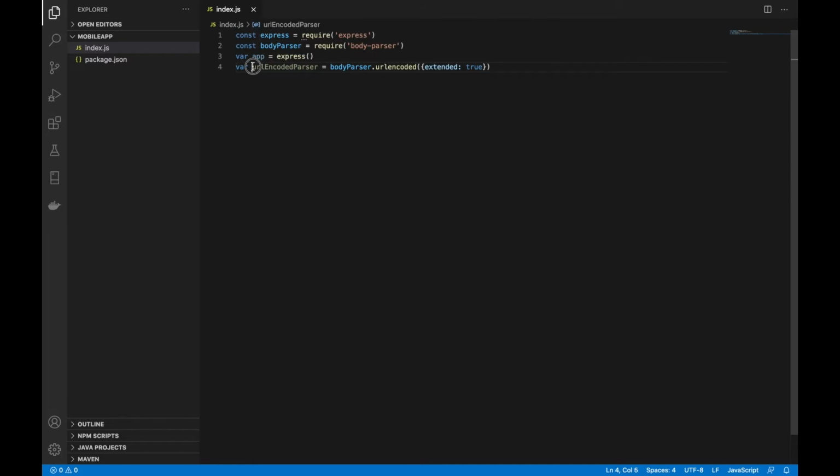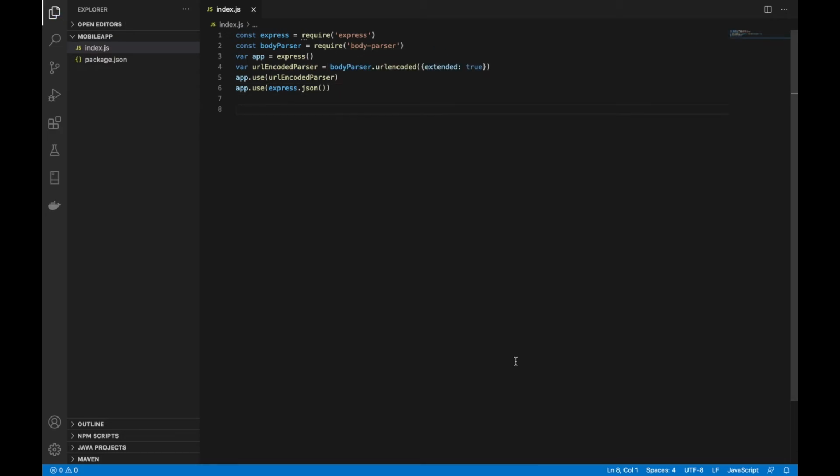So we are using here URL encoded parser, which is bodyParser.urlencoded extended. We are setting extended to true. So what it is doing is basically it is going to parse the encoded data for us, and we are asking the app to use this URL encoded parser, and we are going to ask the app to use the JSON as well. Dot json.